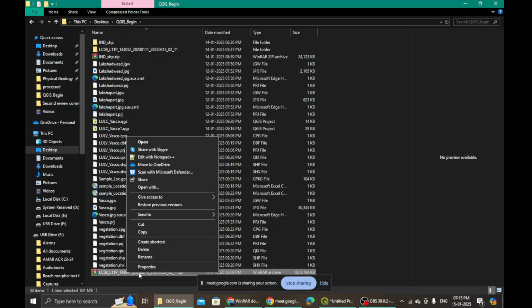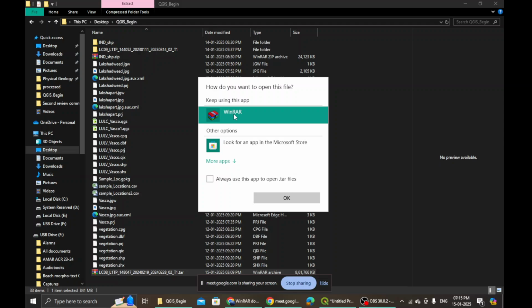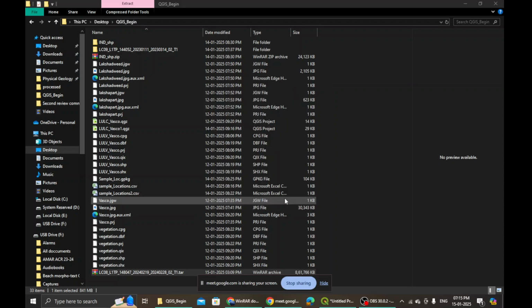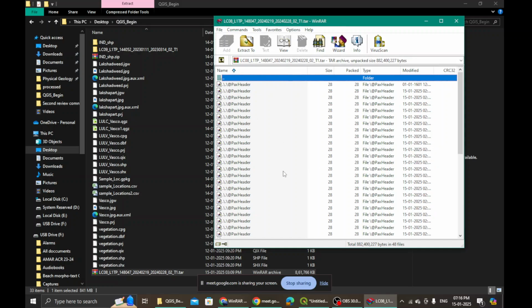One second, ma'am. Take your time. Right click and you see these options. You can see my screen, no? Open with. Yes, open with, and this time WinRAR. Okay. Yes, okay, and say yes. Okay, in my display I have this. Does it look like this? Is it looking like this?